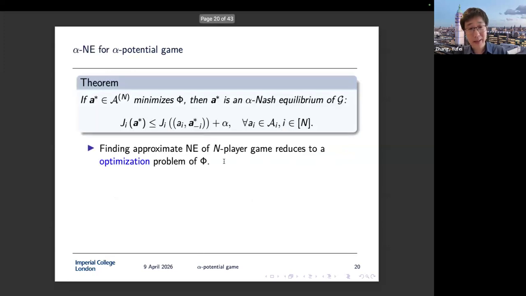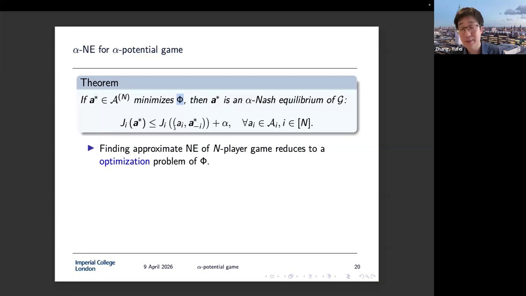So assume that a game is an alpha potential game. Then you can have a similar property as being a potential game, in the sense that if you are able to construct a corresponding alpha potential function, then any minimizer of the alpha potential function is going to be an alpha Nash equilibrium of the corresponding game, in the sense that no player i will be able to improve their objective function up to error alpha